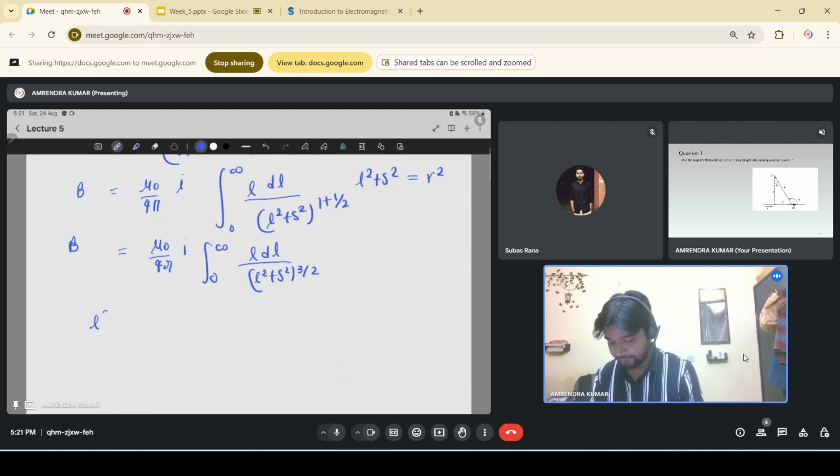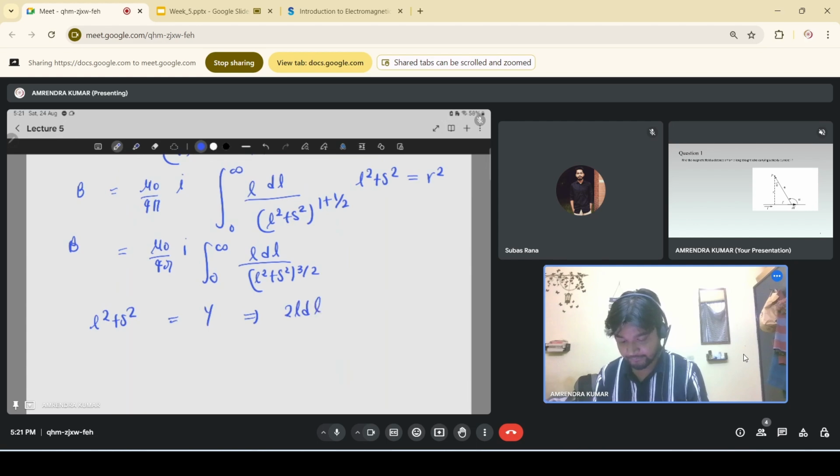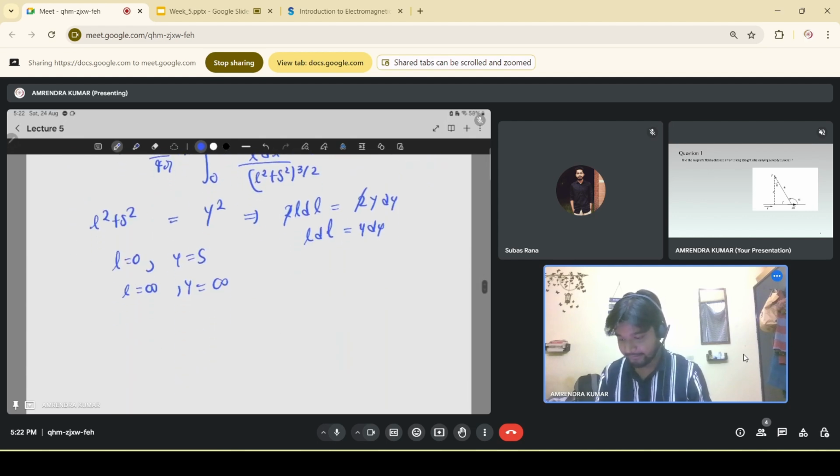लेकिन हमें पता है कि अगर हम एल स्क्वायर प्लस एस स्क्वायर को सम कांस्टेंट y मान लें, y स्क्वायर, तो ये इम्प्लाई करता है कि 2एल डी एल इज इक्वल टू 2y dy, और इसका मतलब एल डी एल इज इक्वल टू वाई डी वाई। लेकिन जो लिमिट्स होंगी हमारी, जब एल इज इक्वल टू जीरो है तो वाई इज इक्वल टू एस होगा, और एल इक्वल टू इन्फिनिटी है तो वाई इज इक्वल टू इन्फिनिटी होगा। तो ये ध्यान में रखना है हमें।